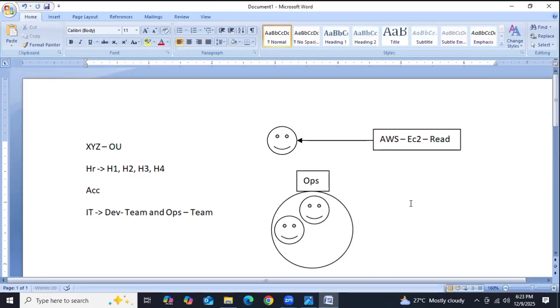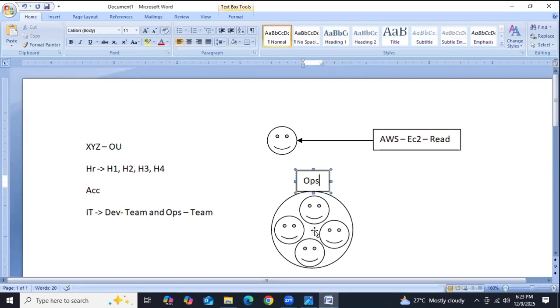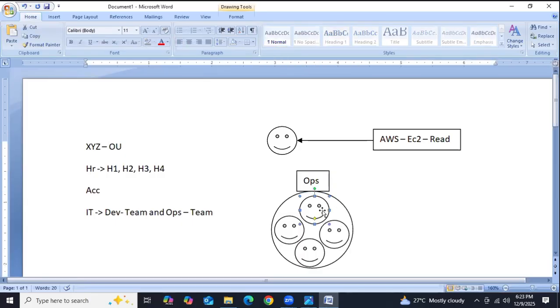Those people are going to perform the same task because those people are administrators. So inside the ops group, we'll have ops1 user, ops2 user, ops3 user, and ops4 user like that.